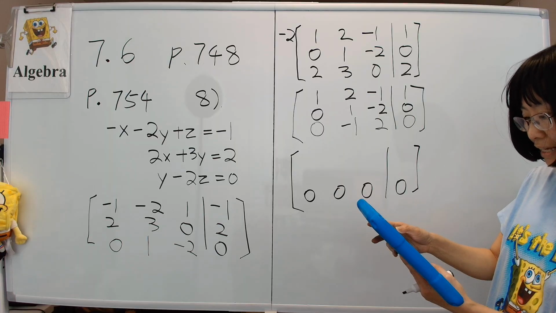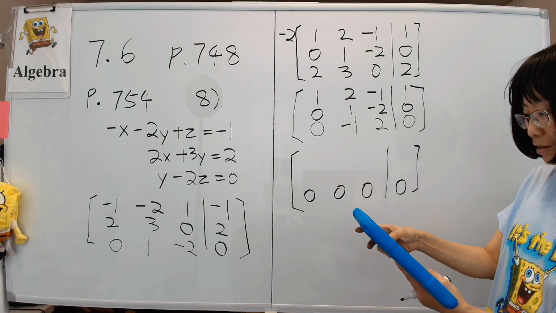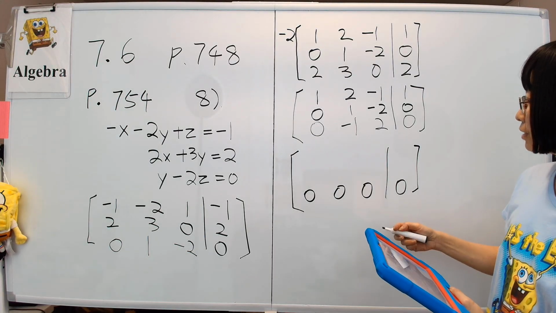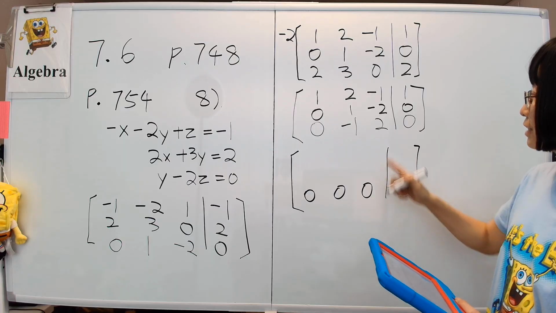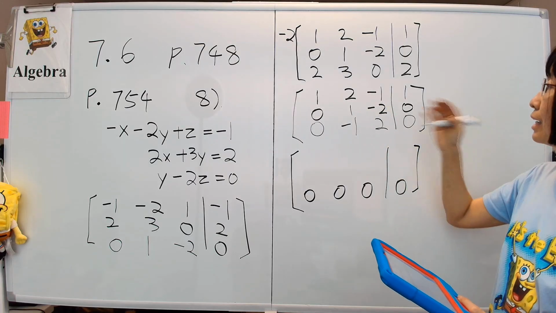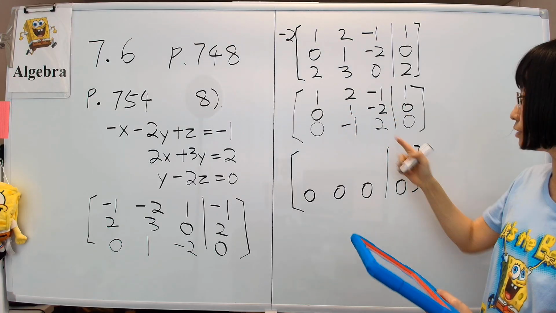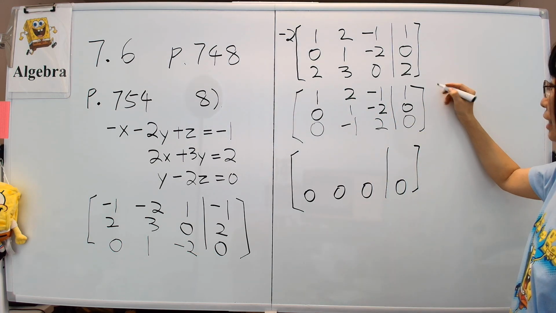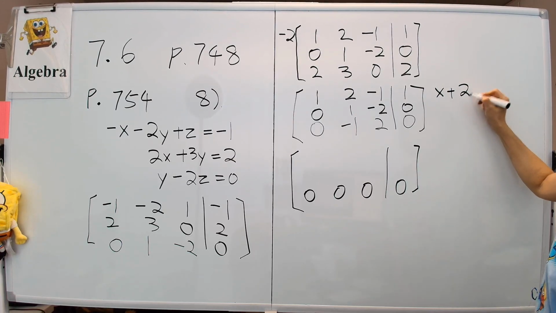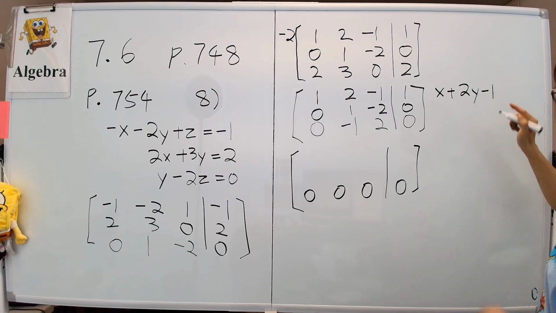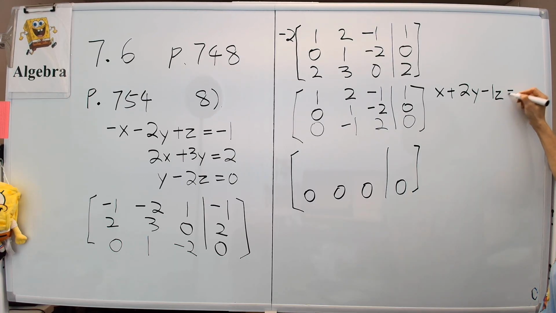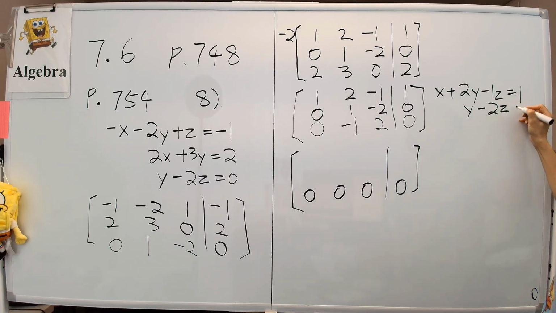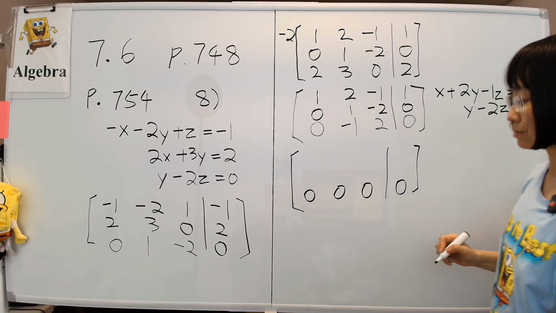To solve for the answer, we are now stuck with, let's see, okay, the third row becomes that, so all we have is this thing right here. What we're going to do is use these first two to do it. So the first equation is x plus 2y minus z equals 1. And the second one is y minus 2z equals 0. So then what happens then,